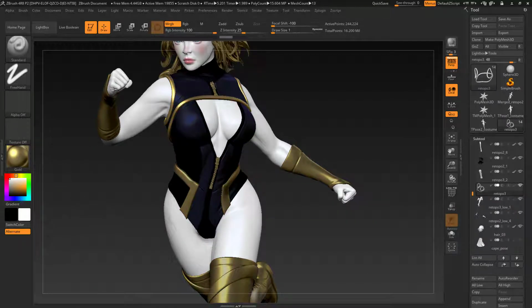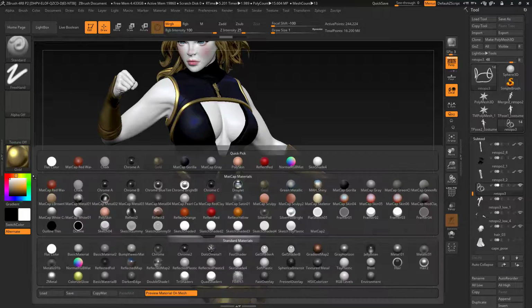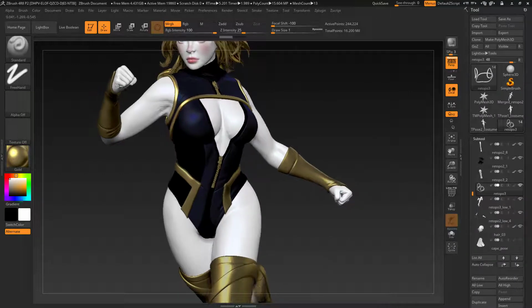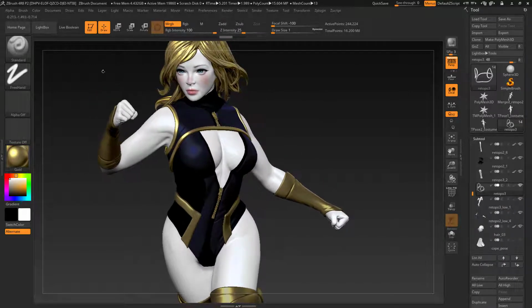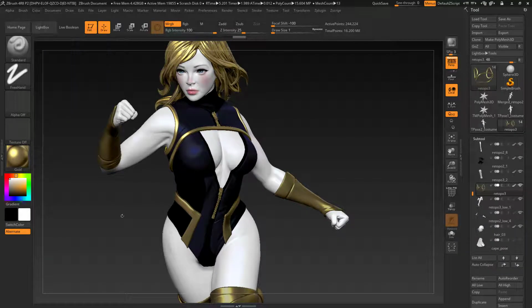Yeah, those parts look pretty cool. Actually, even with gold hair, she looks pretty good. I haven't decided yet what color I'm gonna make her hair, but for now I'm just testing out things. And with mRGB selected, I'm gonna click Fill Object,